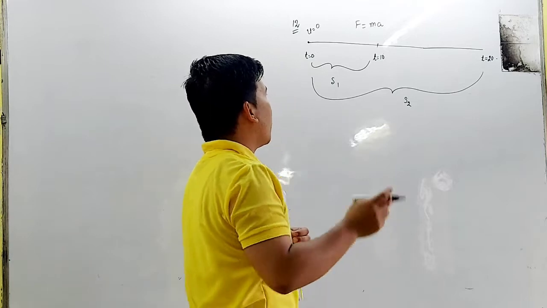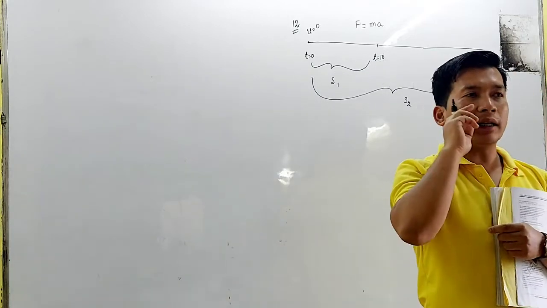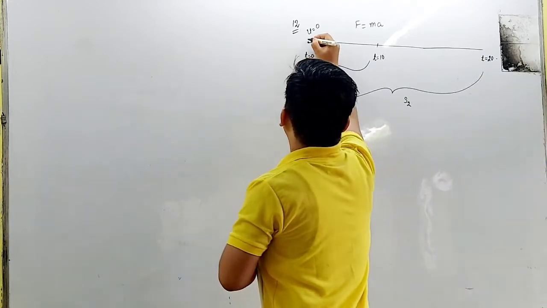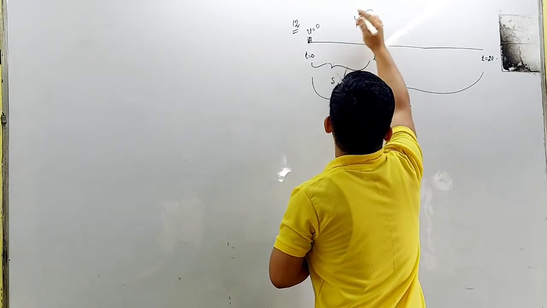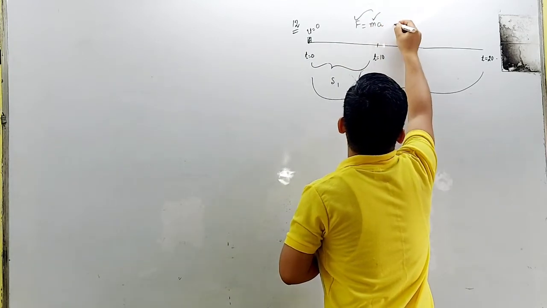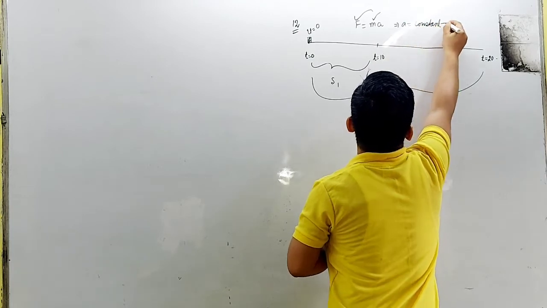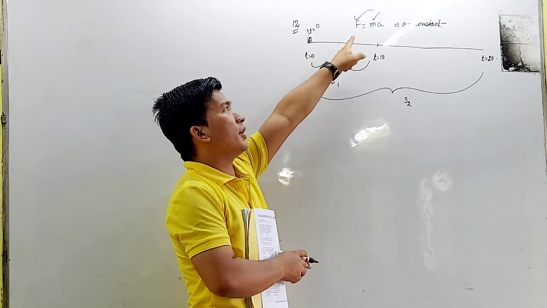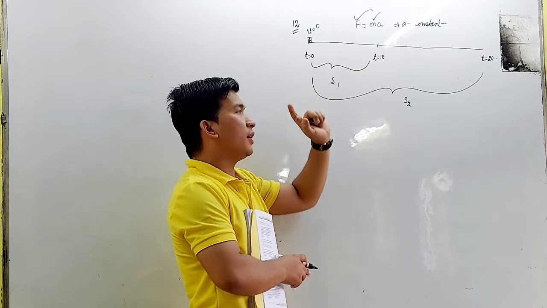The question clearly mentions that the body is continuously acted upon by a constant force. Force is constant, and if mass is also constant, that means our acceleration will be a constant number. Do you understand the concept over here? Since mass is constant, a constant divided by another constant gives a constant, and we can apply